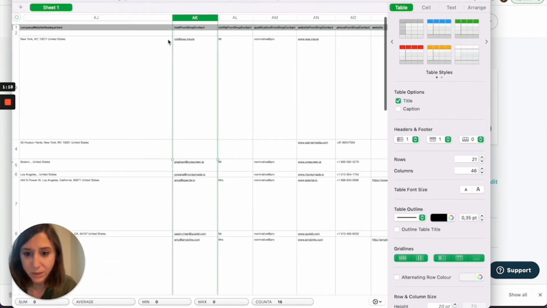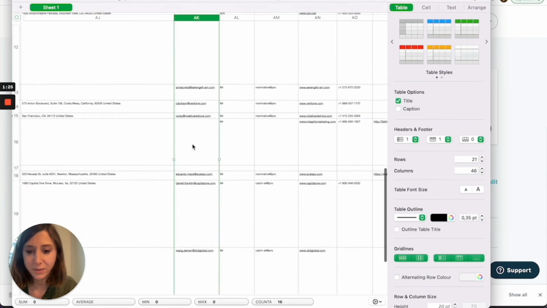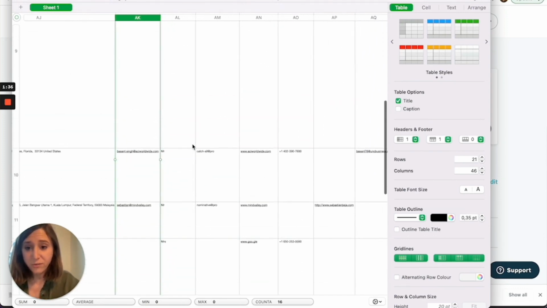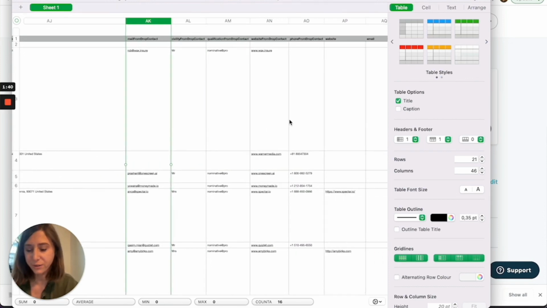And here we have the email address column. Out of 20 contacts, Drop Contact found 16 verified business email addresses. Drop Contact has been able to find in real time the email addresses of those growth hackers I wanted to find the email address of. And that's how you get a prospect file fully enriched with data and ready to be imported in your cold email tool. Please, when you write your cold emails, use a maximum of Phantom Buster and Drop Contact variables to personalize your message, because only you know how to convince your prospect.